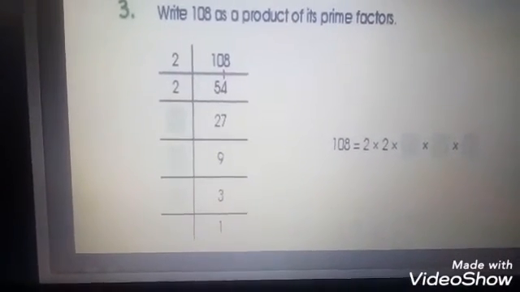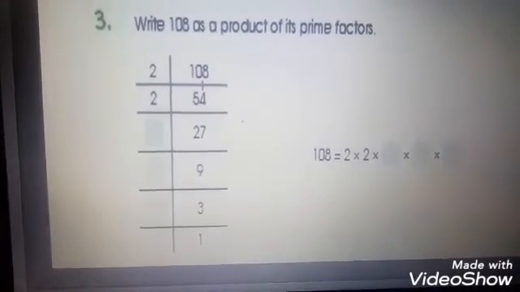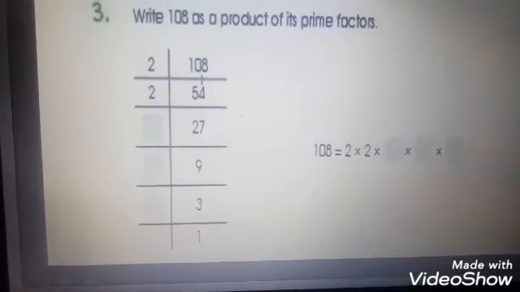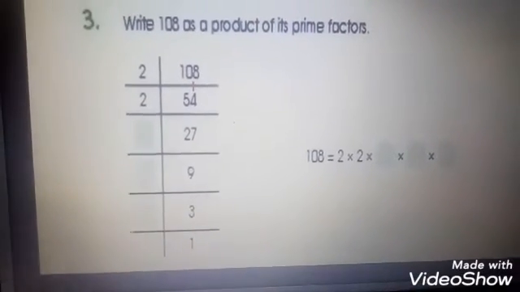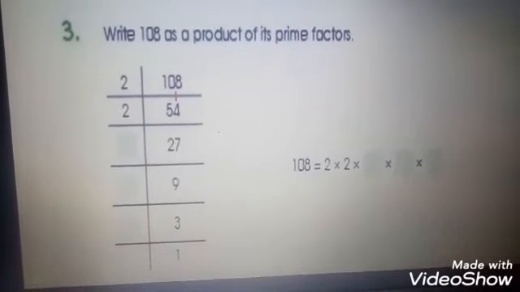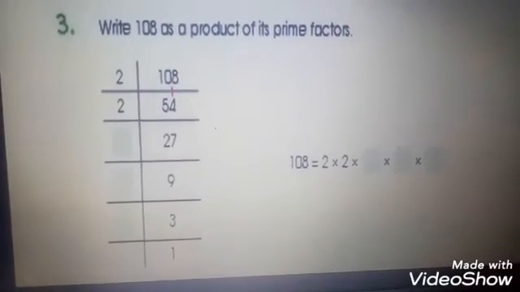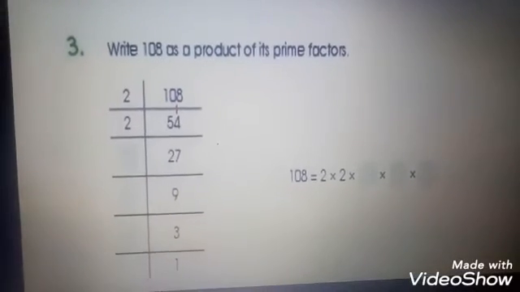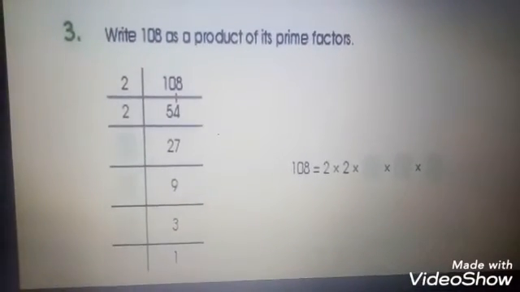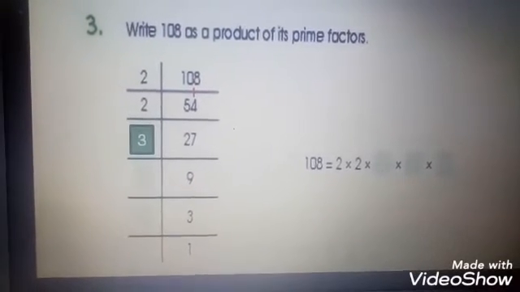Now at the next step you see 27, and 27 is an odd composite number. So you can choose the odd prime number to solve this. The smallest odd prime number is 3. You can solve it with 3, meaning you can read the table of 3. 3 9s are 27.